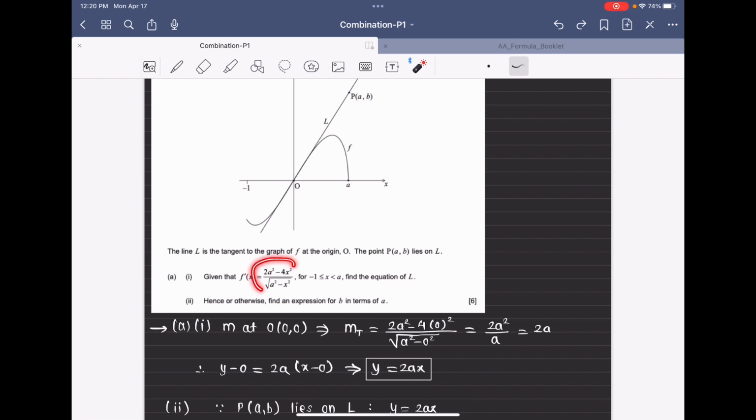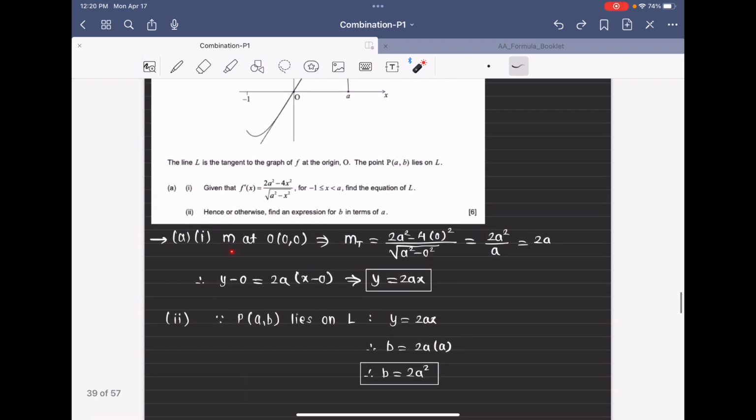I already know the derivative. I know the point, they want the equation of line at the origin O. So m at O (0, 0) is, substitute x is 0 here, 2a square minus 4 into 0 square over square root of a square minus 0 square. 0 square is 0, 0 into 4 is 0. 2a square is 2a square. a square minus 0 is square root of a square, which is a. A and a get cancelled,